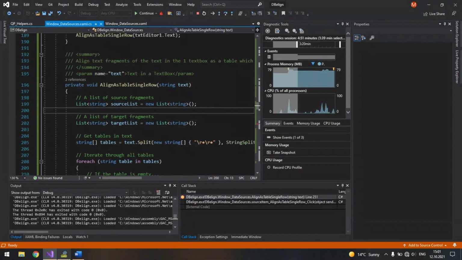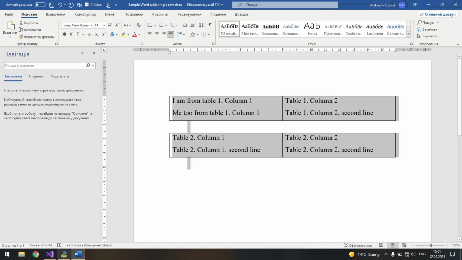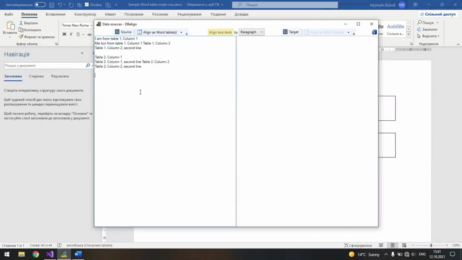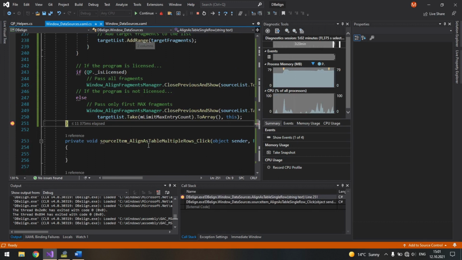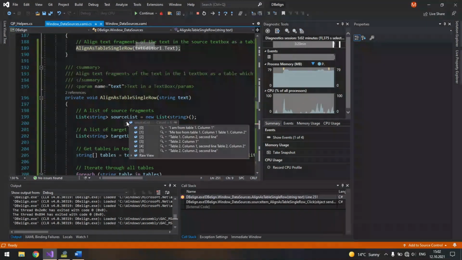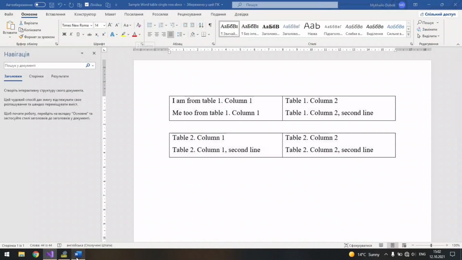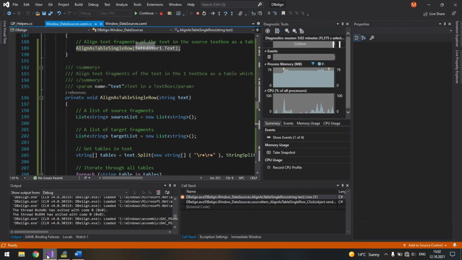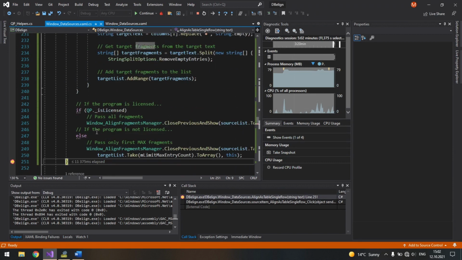But when you just copy it from the Word document into here, it gets a little bit different, and if you try to align it as 1 row table, you will get all the elements in the source list. And I suspect that when you copy from Word, it removes these blank characters. So it is useful when you try to read files, not just copy their content.